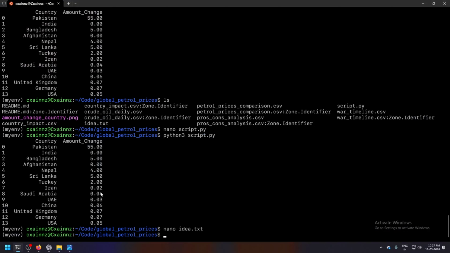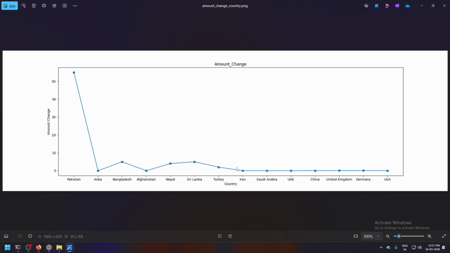No, 0.02, 0.04, 0.03, 0.06, 0.07, 0.07, 0.5. But in this plot it is seen as a single graph. So I will put some values over here that can be shown, and it would be better.